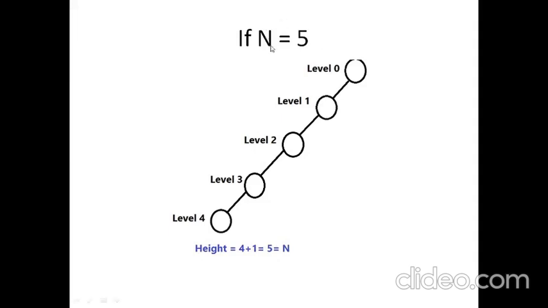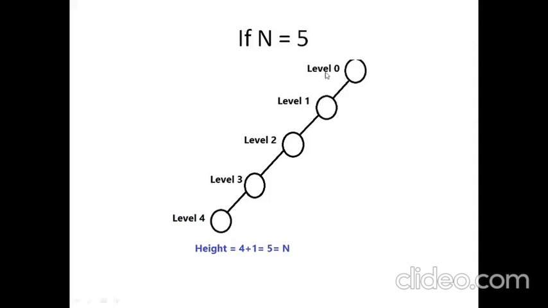Here we are told that the value of n equals 5. So the question is, what is the maximum height possible? The answer is very simple, which is 5 itself. Because the formula simply says that h max equal to n, and here n equals 5, the maximum height is also 5. But we just have to prove how it is correct. That is what is presented in this example.